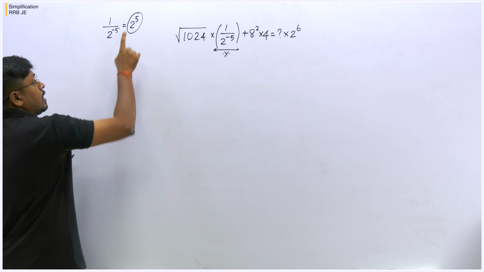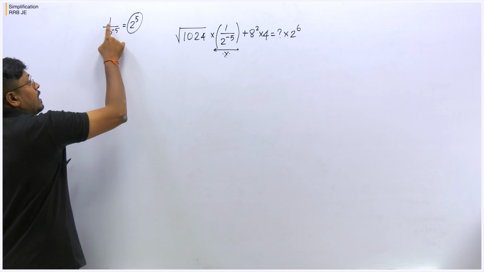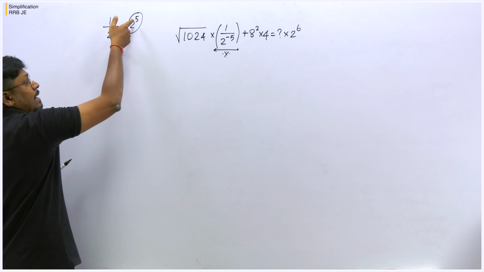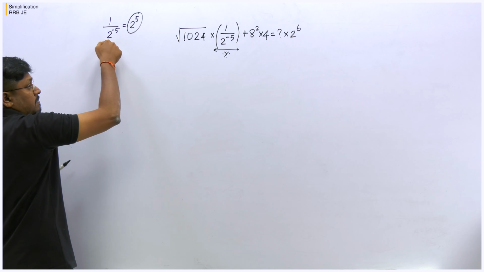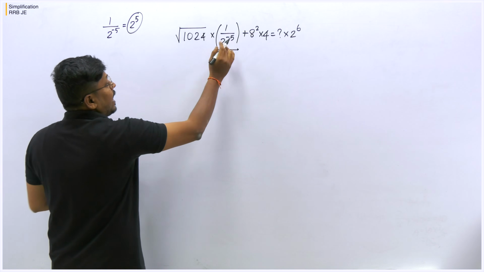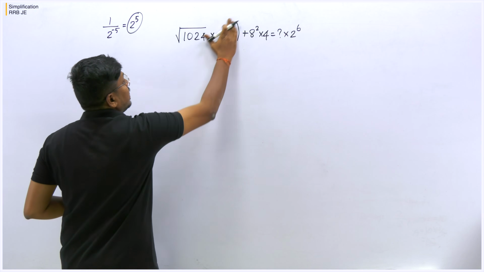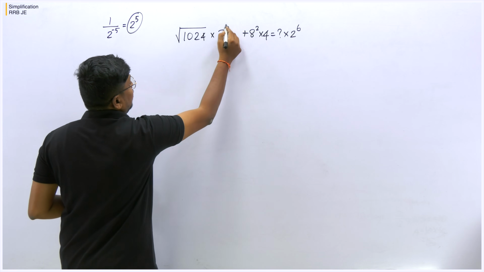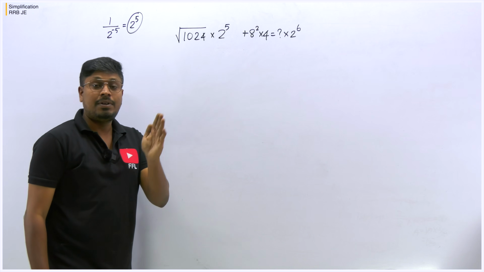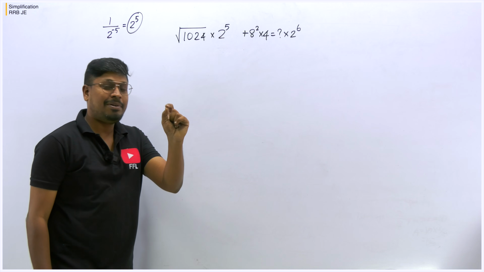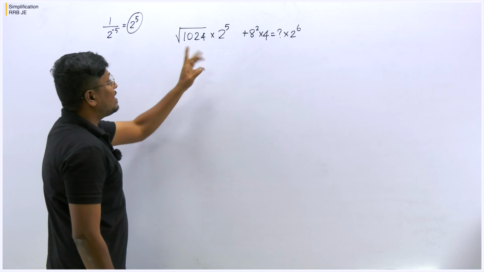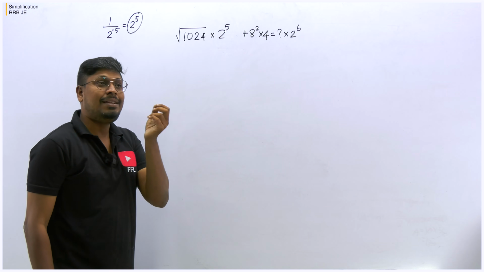So friends, understood? The same 2 power 5, when you write 1 divided by it, becomes 2 power minus 5, right? When you write the same number in a reciprocal way, it becomes minus 5. In the given question, they have given 2 power minus 5, so I have written this complete number as 2 power 5. So always do this first, and then most questions can be solved easily if they contain 2 power or 3 power something, power minus number, right? Most important.